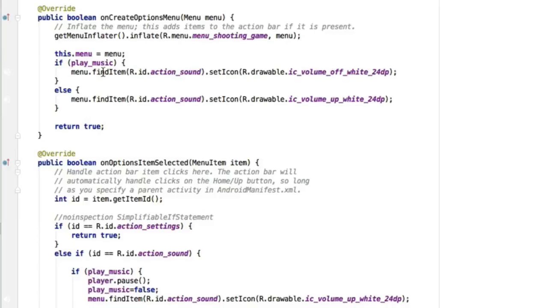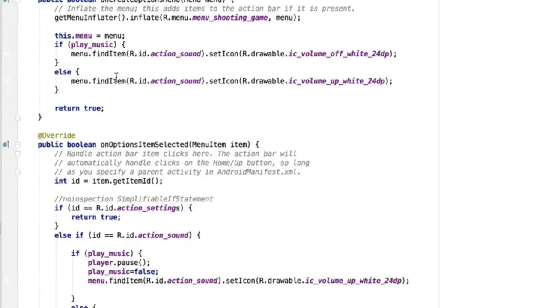So inside here, what I am doing is that in case my music is to be played, then I will set the icon to be one kind, which is the volume button with a cross mark on it. If my music is not being played, then I will set the icon of that button to be a standard volume button, which when the user clicks will result in the music being played. So these two are decided by